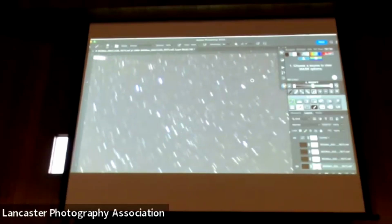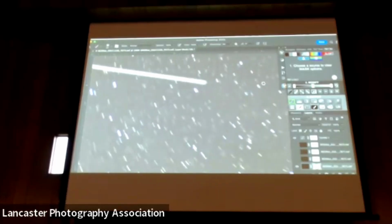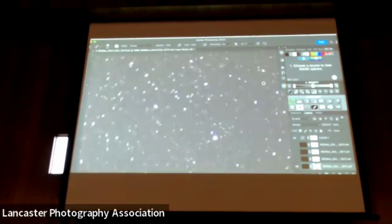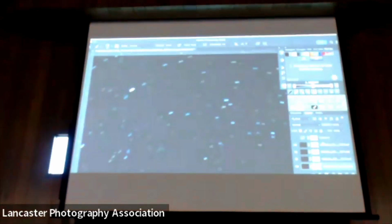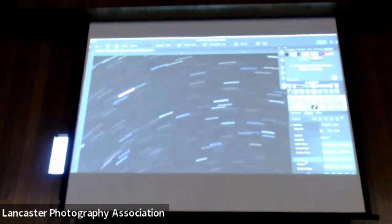It really doesn't take much more than about 15 minutes. Yeah, to do it. I can do it in 15 minutes. You can do it. Then you can turn all the layers on. I'm going to turn off the thing. I'm going to select all these layers and change the blend mode of the screen to lighten. And